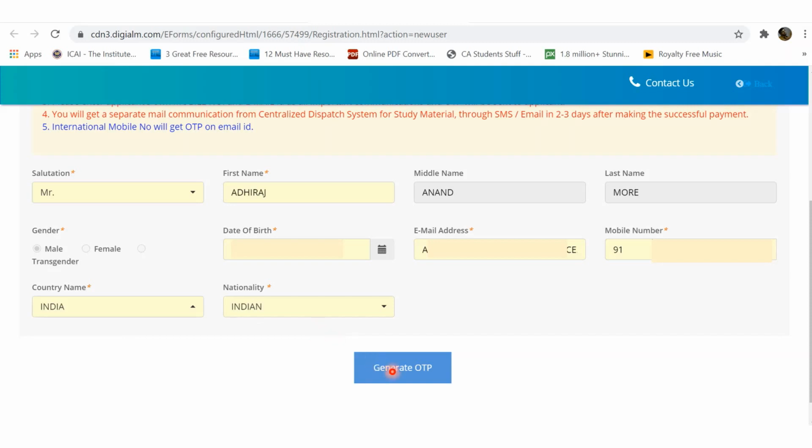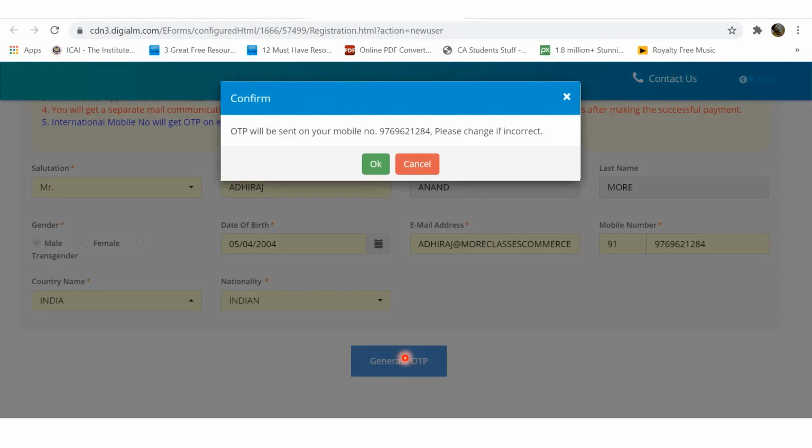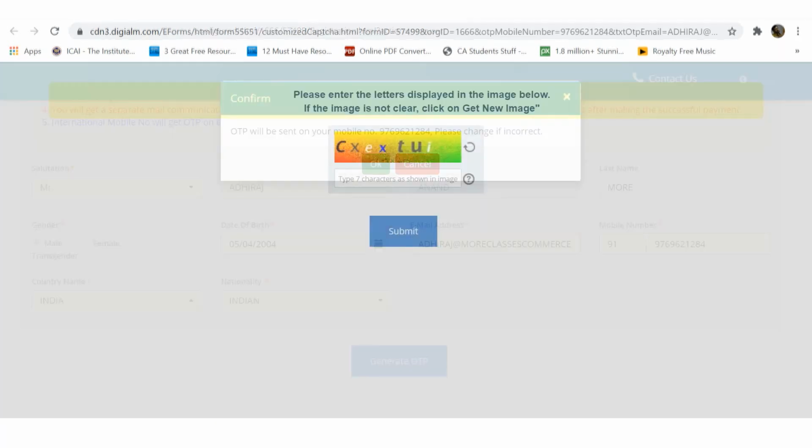Thereafter you are going to click on this blue button, that is Generate OTP. Once you click on this button, the institute will again ask you, we are going to send this OTP to this mobile number, are you sure that this is the correct mobile number? If yes, then you can click OK. If you feel that by mistake you have typed some other wrong number, please click on the Cancel button, modify the number, and thereafter again click on the button called Generate OTP. Again the institute will ask you to confirm whether it is the correct mobile number or not, and after you submit the green OK button, the process of OTP will start.